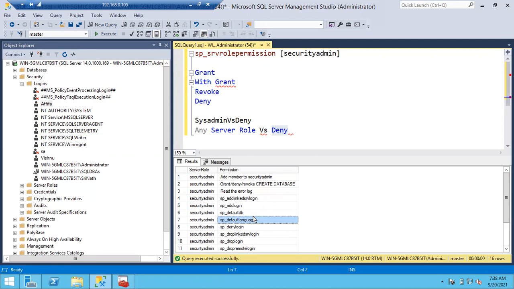So you can add any member into that group, so that member automatically becomes a member of that group. Whatever permissions are there for that group, all permissions will be applied for that member. Clear, guys? Customized server role means you can customize the permissions of a server role. This feature has been introduced from SQL Server. Can anyone tell me from which version it was introduced? SQL Server 2012.